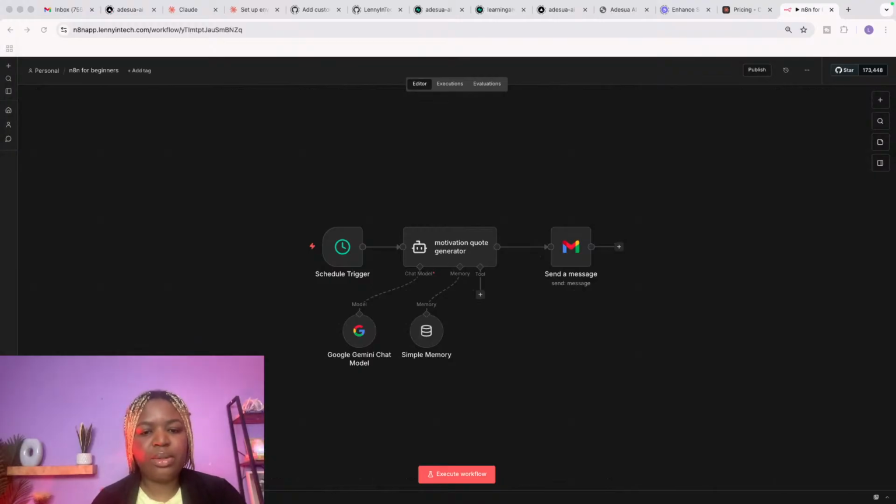All right, so today we are going to go a bit into details about what n8n is. We'll walk through some ways you can monetize using n8n, and then from there,